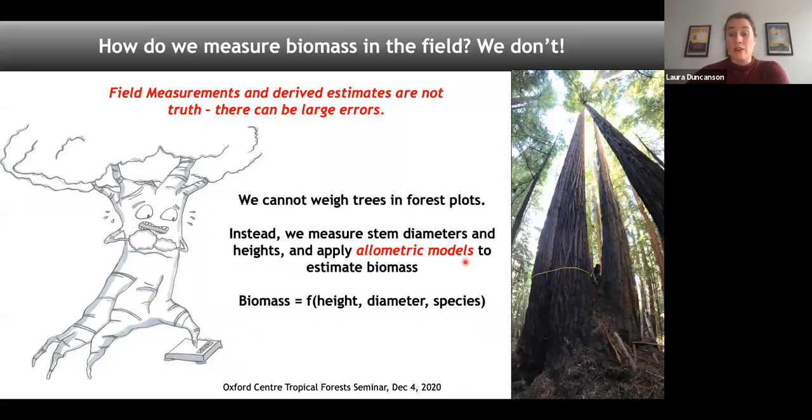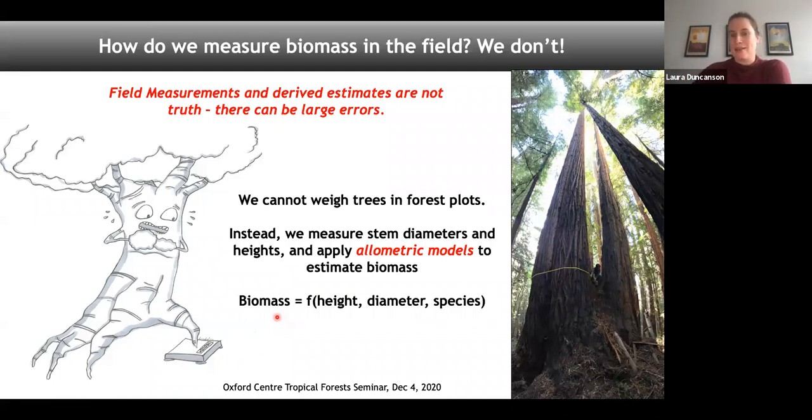There's also a lot more variability between these measurable attributes and biomass, the larger the tree, right? The larger the tree, the longer it's been alive, the more life history it has. So there's just a lot more natural variability, which means that our estimates of biomass just in the field, independent of any remote sensing, increase in uncertainty the larger the trees are, the higher the biomass is, right? So we're trying to do carbon accounting from space, but the places that have the most carbon also have the highest uncertainties. And this is an issue that the remote sensing community alone cannot tackle.